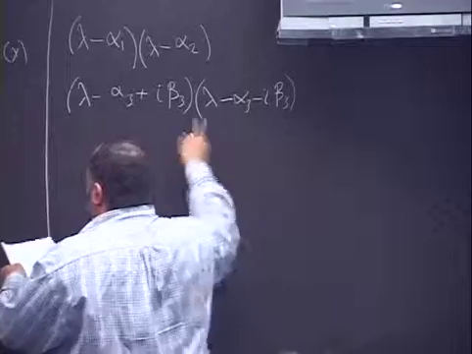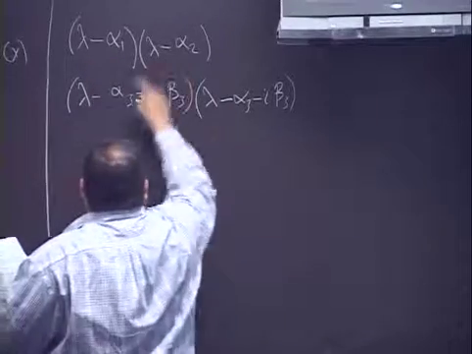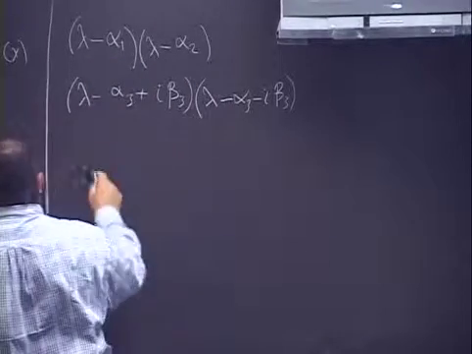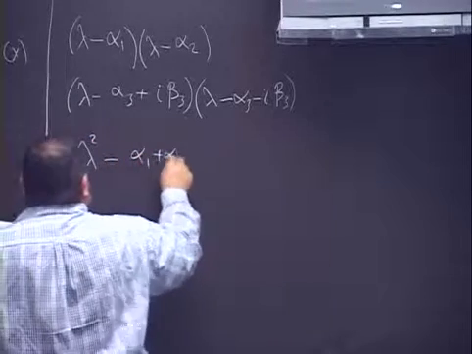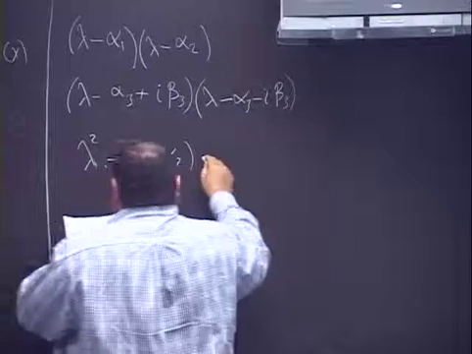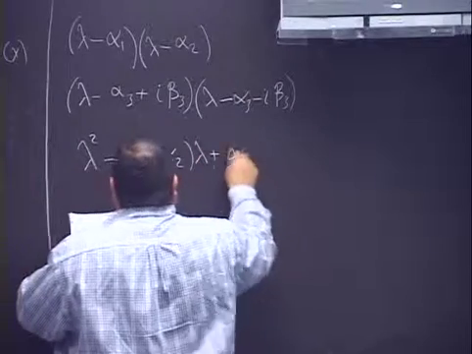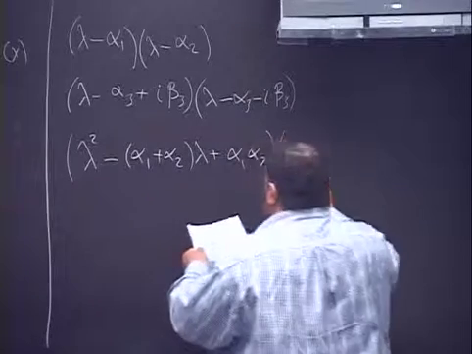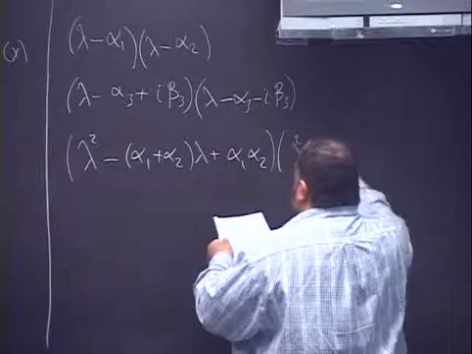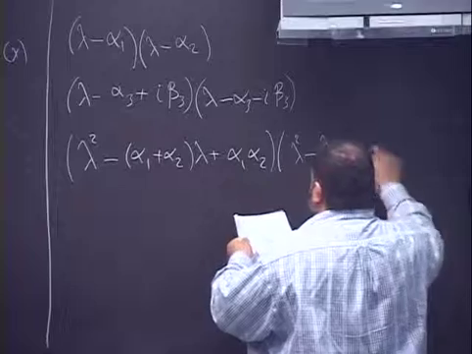So if you multiply those four brackets by each other, you will get lambda squared minus alpha 1 plus alpha 2 multiplied by lambda plus alpha 1 alpha 2, and this will be multiplied by lambda squared minus lambda times 2 alpha 3 plus